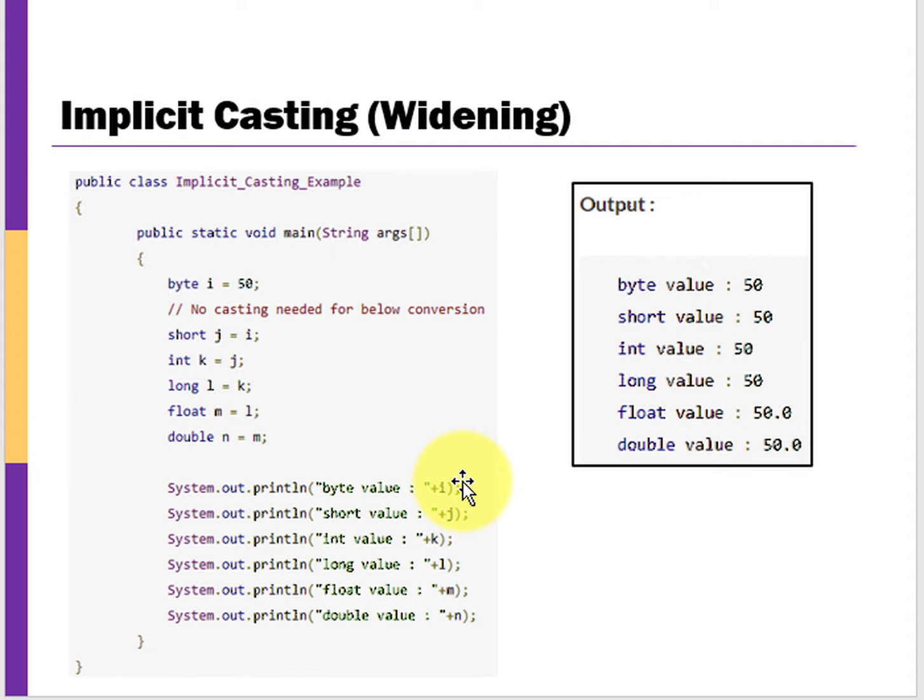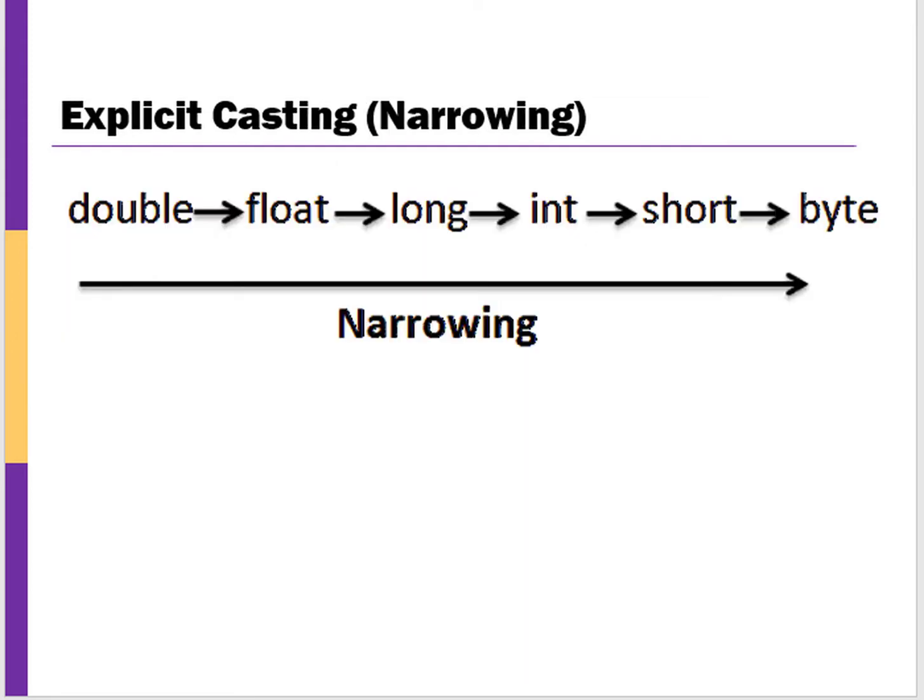It's going to convert that, say in this case that byte, it's actually going to convert that value to a string and then print out that whole thing. Okay, so 50 gets treated as a string when you have it concatenated with this plus operator. All right, the other way things can go is we can have this explicit